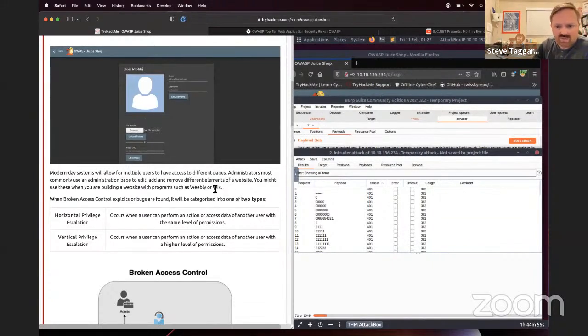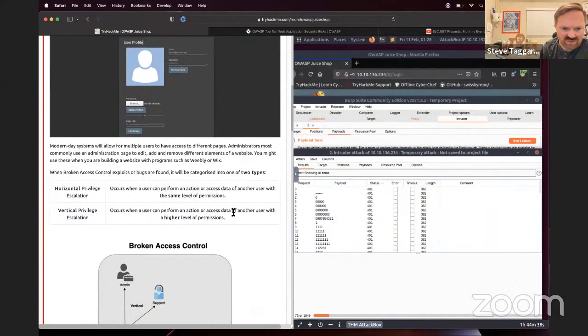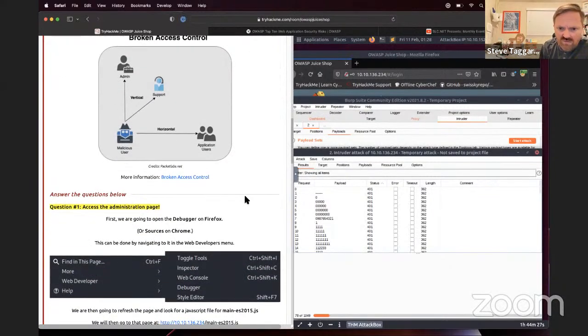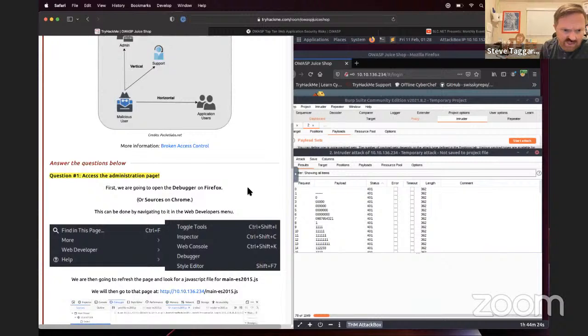So this section is working on broken access control. We can either get more privileges from another person that has similar or the same level of permissions, and that's horizontal privilege escalation, or you can get vertical privilege escalation, which is someone that has more permissions than you. Example, a malicious user finds out how to log in as an application user or admin. So the admin page,